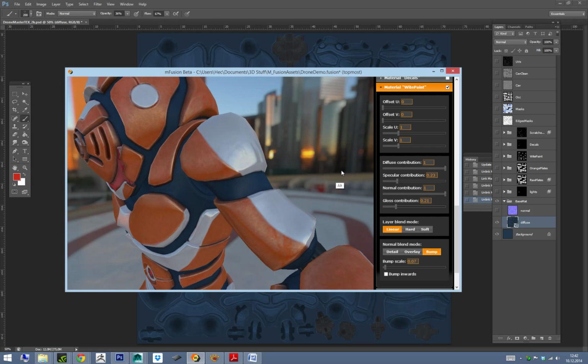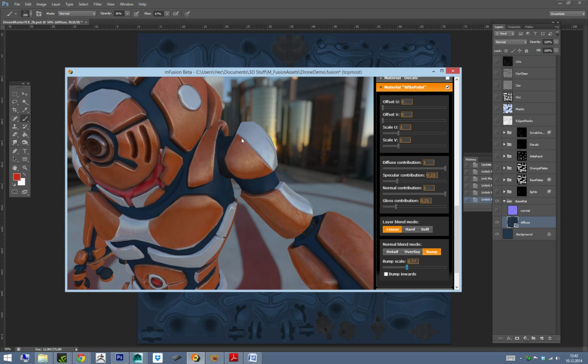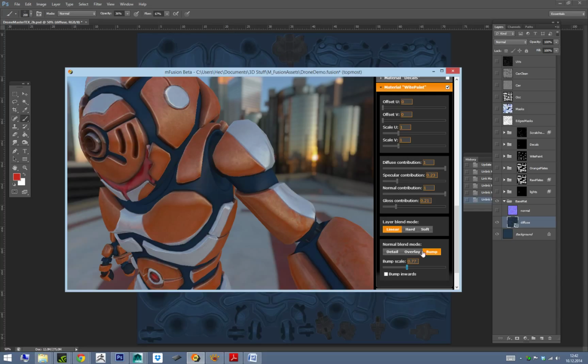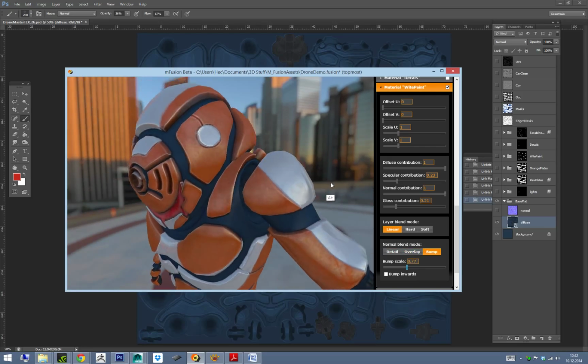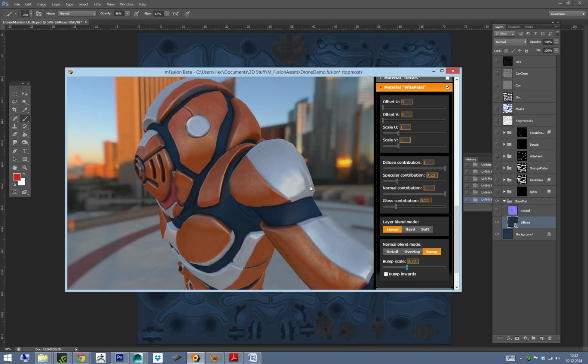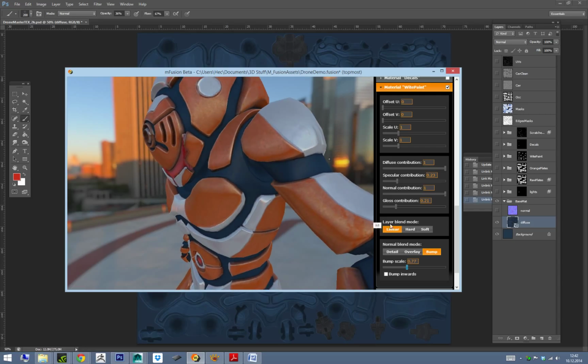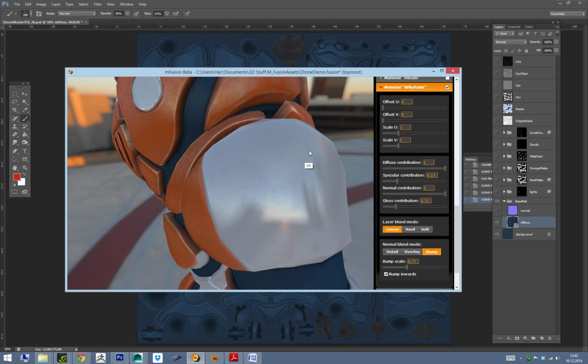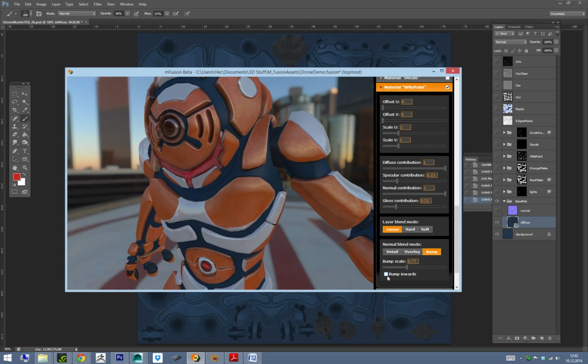And another nice feature that you will find here is that the normal map, basically those stripes of paint, can be raised up so that the paint layer gets a bit more height, and you can see that raised up a little bit here. You can also use overlay and detail modes. This is more for when you have a different structure. So for example, let's say that white paint had a grainy normal map. You would basically be able to overlay that normal map on top of that. You can also bump inwards those materials, and this will be better shown also with